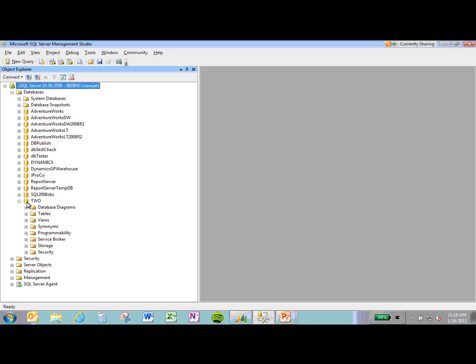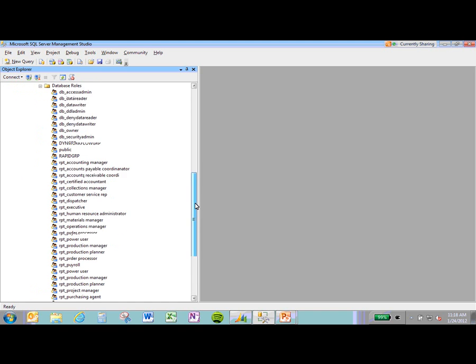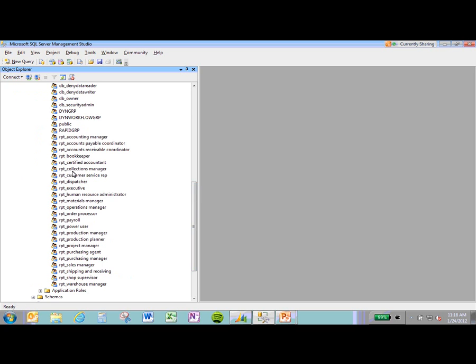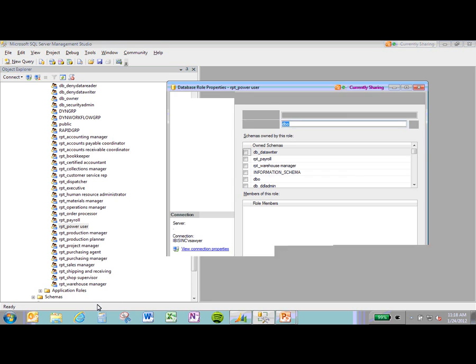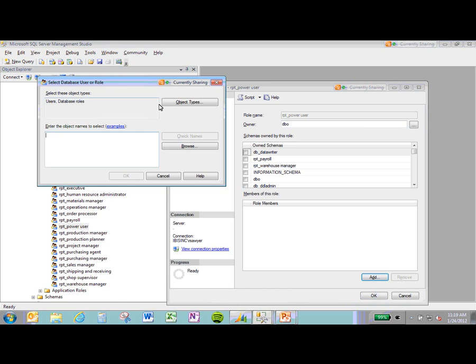And if we look at, for example, security, we expand that, and then look at roles. As you can tell here, these are particular roles that are deployed once you deploy Excel reports. What this does is allow you to control what people can view. As an example, the power user has access to essentially every report that is available. So if you want to add somebody to this particular role, all you would do is select add,